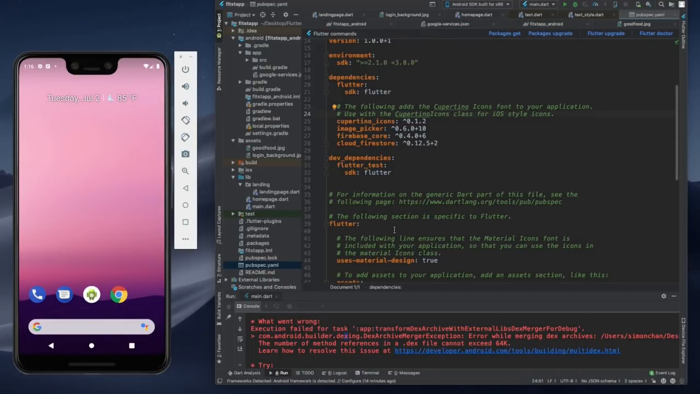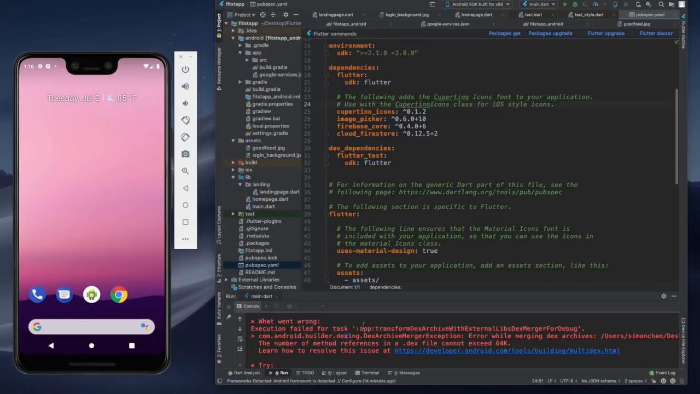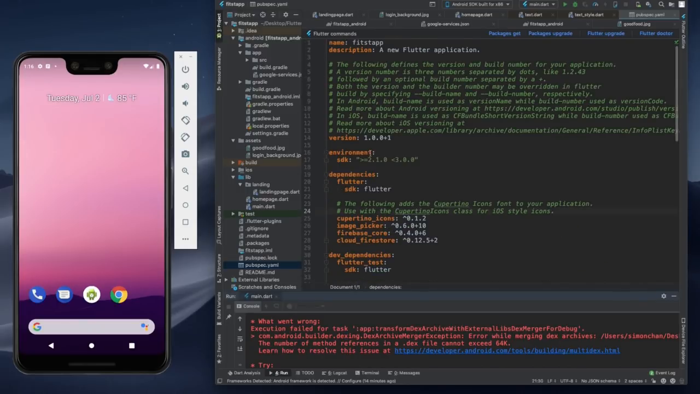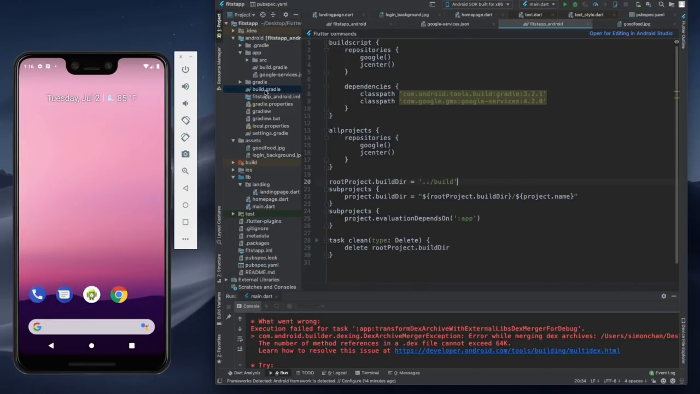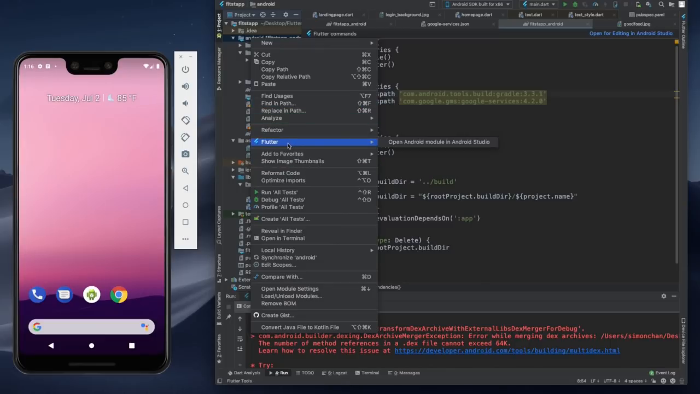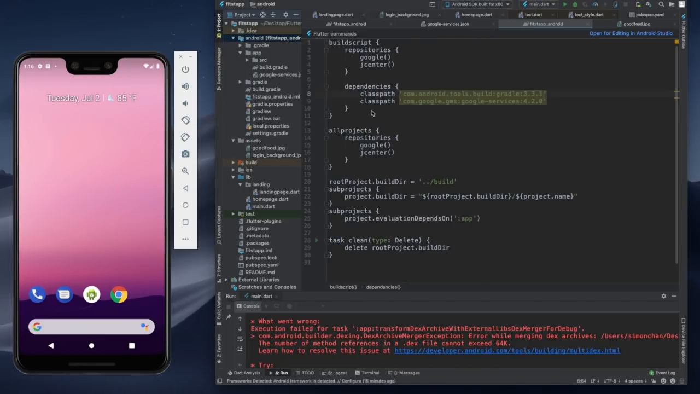So we have the problem due to the AndroidX issue, and we have to solve it. First, we go to the build.gradle, and you can see here is 3.2.1. We'll change it to 3.3.1. And after that, we are going to migrate. This is called migrate to AndroidX. So click the Android folder and see here, Flutter open Android module in Android Studio, new window,